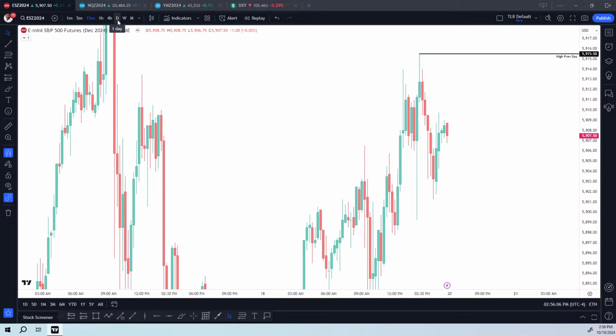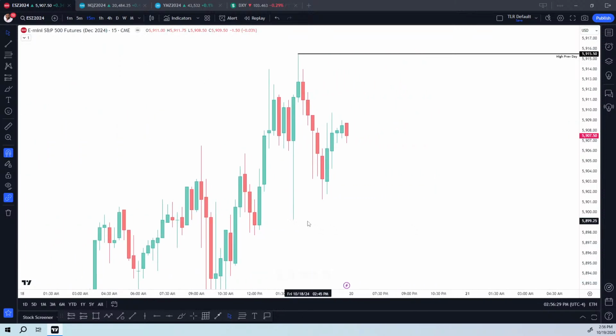From the daily, that's going to be your higher time frame bias, your narrative. The 1 hour is going to be your structure, and the 5 minute is going to be your entry. But that market maker model is going to get clearer and clearer as you go 2 time frames down. So if we look at